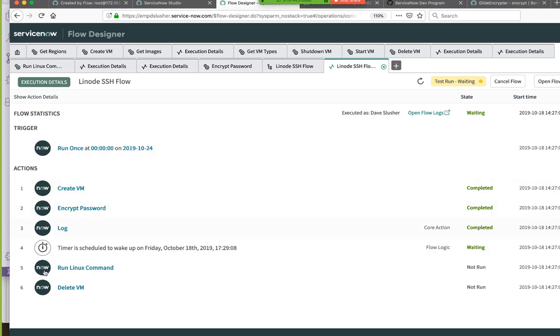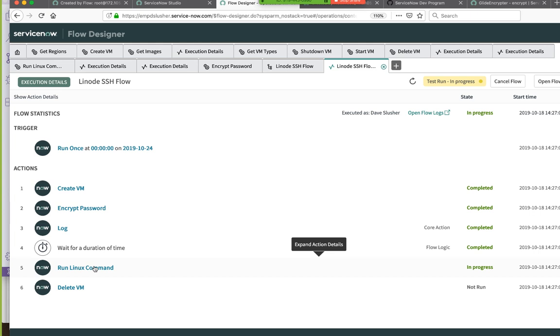And in fact, if we get rid of this run Linux command, we'll get rid of this and just test it one time for spinning up, deleting. All right. So it should, at this point, be... I think it just sent it, and I did see it do something on the mid server. In your mid-server log, you can see the mid-server actually did work. Okay. So something's happening on the mid-server.